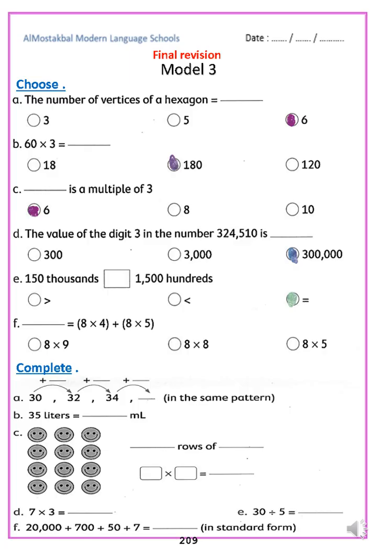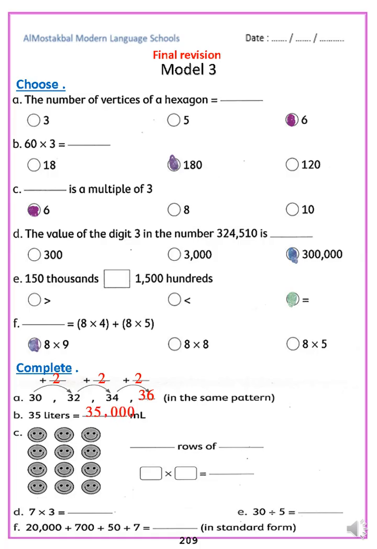Space equals 8 by 4 plus 8 by 5, 8 by 9. Complete. 30 plus what equals 32? 30 plus 2. 32 plus what equals 34? 32 plus 2 equals 34. 34 plus 2 equals 36. 35 liters equals 35,000